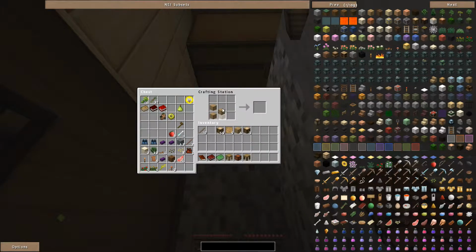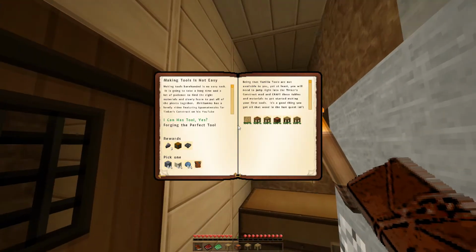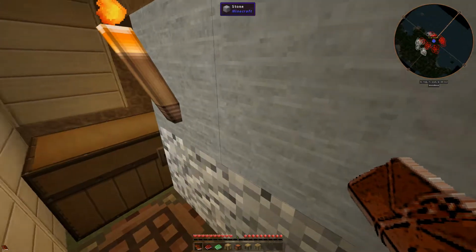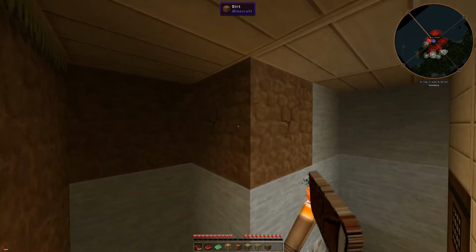And the tool forge we're going to get by making this, and then making the, well, tool station, I should say. So we have everything we need. We get to pick our rewards. So clay, sand, gravel. I'm going to pick clay first. Well, actually no, sorry, first we have to make a flint pickaxe head. So, what are we going to do next? We are going to try,